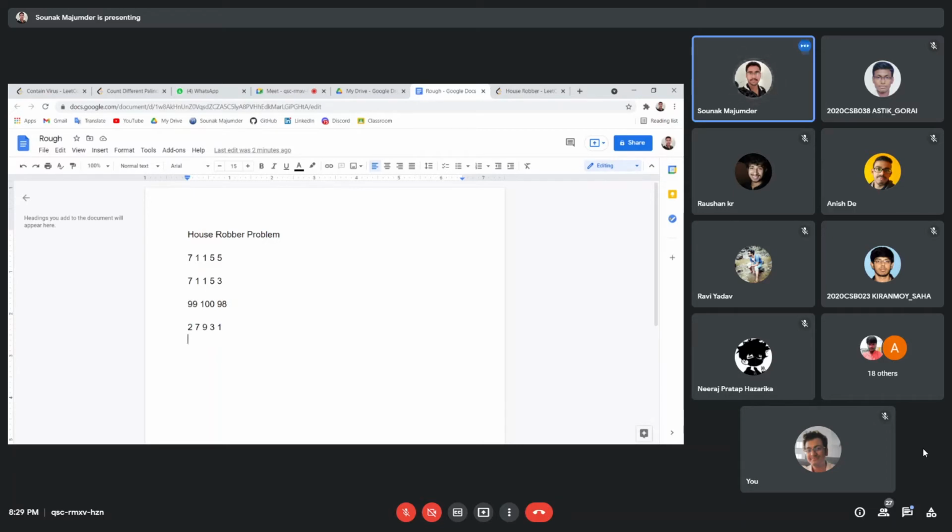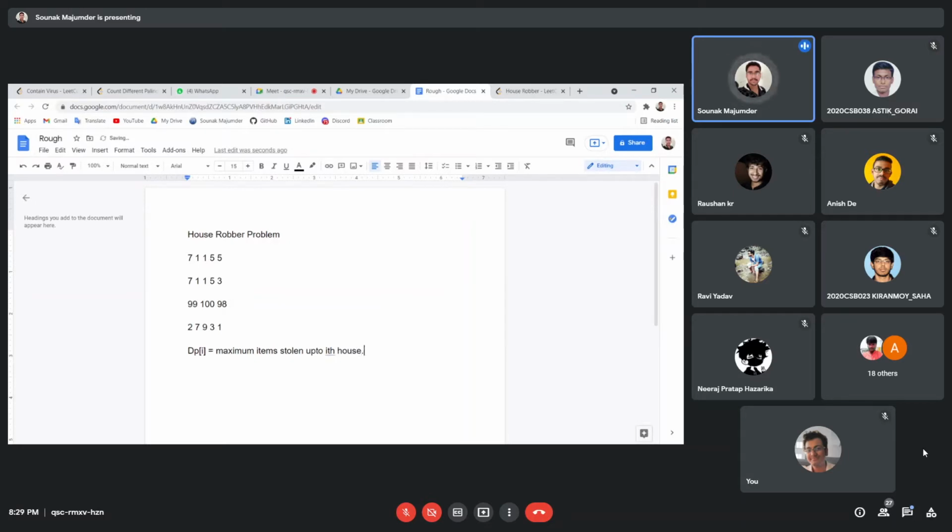So the optimal result: let DP of I be the optimal or the maximum items stolen up to the ith house.